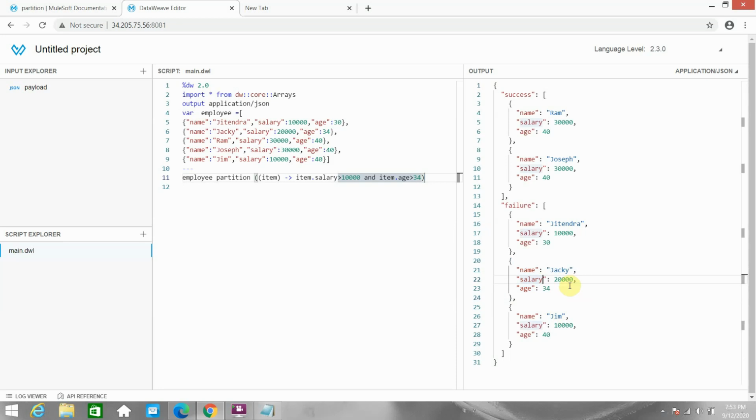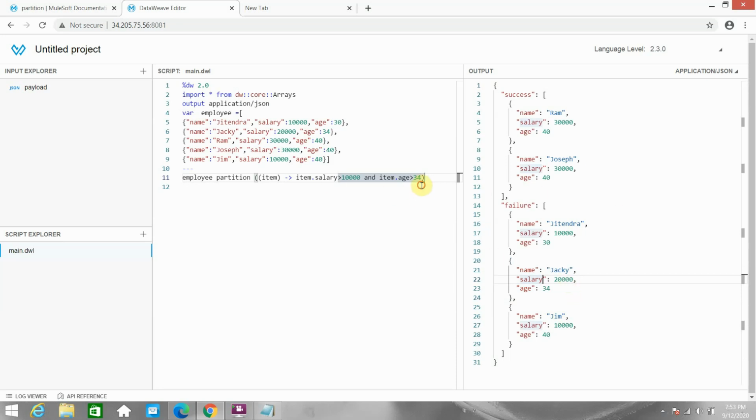So basically this can be used when you want to segregate the data depending on some condition, like when you want to move the data into different buckets or different partitions. You can use the partition function provided by DataWeave transformation.